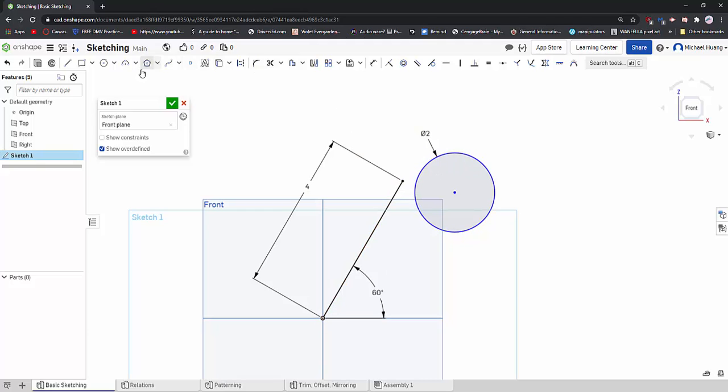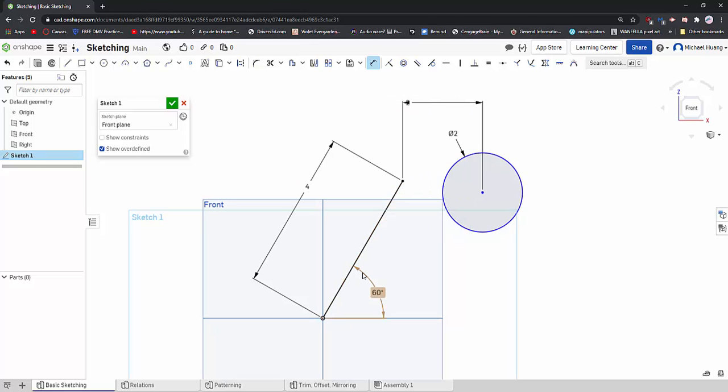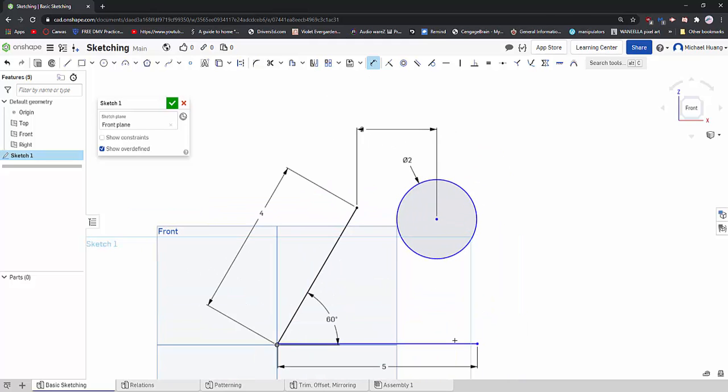So technically, you can press D and define it off this point instead, because this line is already defined relative to the origin. If I make a line here, I can make this 5, doesn't matter. I can also define it off